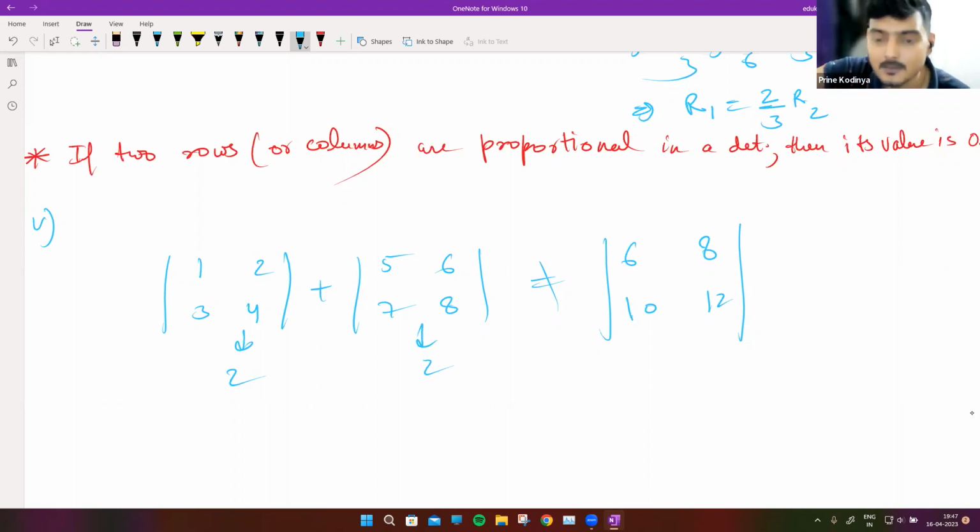So what does that mean? We can basically add one row with one row, or one column with one column, in determinants. And that is true when the other rows or columns are the same for each determinant. So in simpler words,